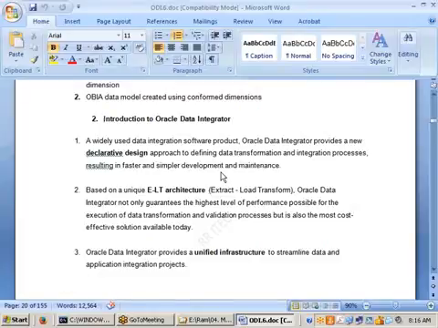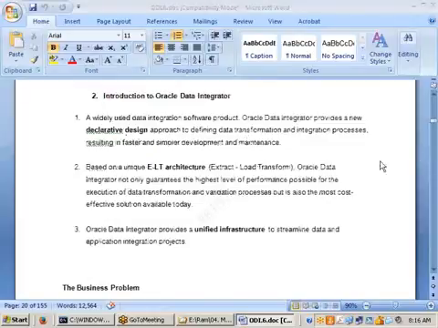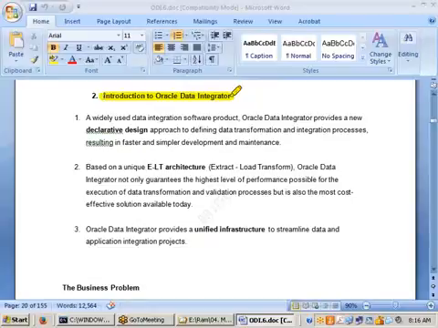And people are also aware of it. We are going to cover two versions, ODI 11G as well as ODI 12C. Both versions are going to be covered. Right, let us go for today's introduction to Oracle Data Integrator. That is the first thing. The second thing is the installation of ODI. These are the two things on our agenda: how to install the product and what the introduction is.